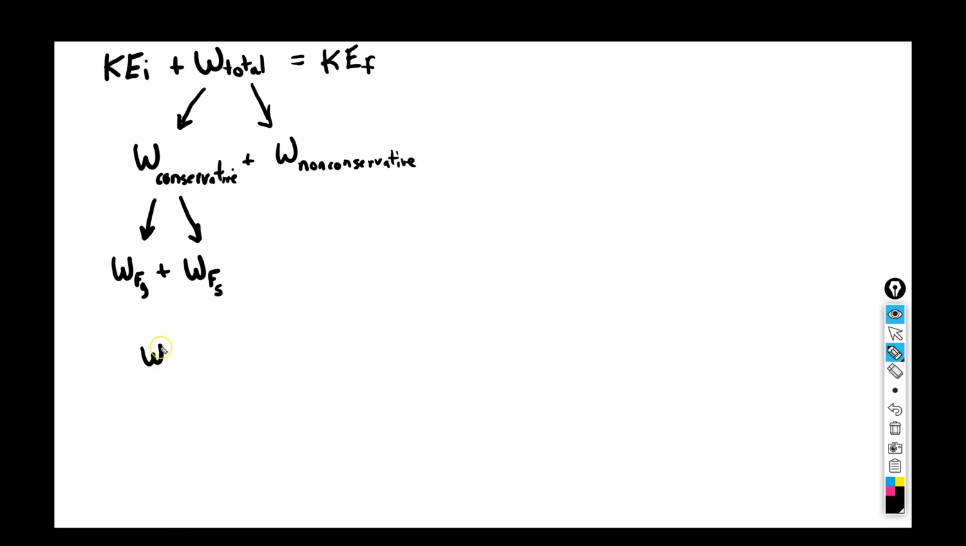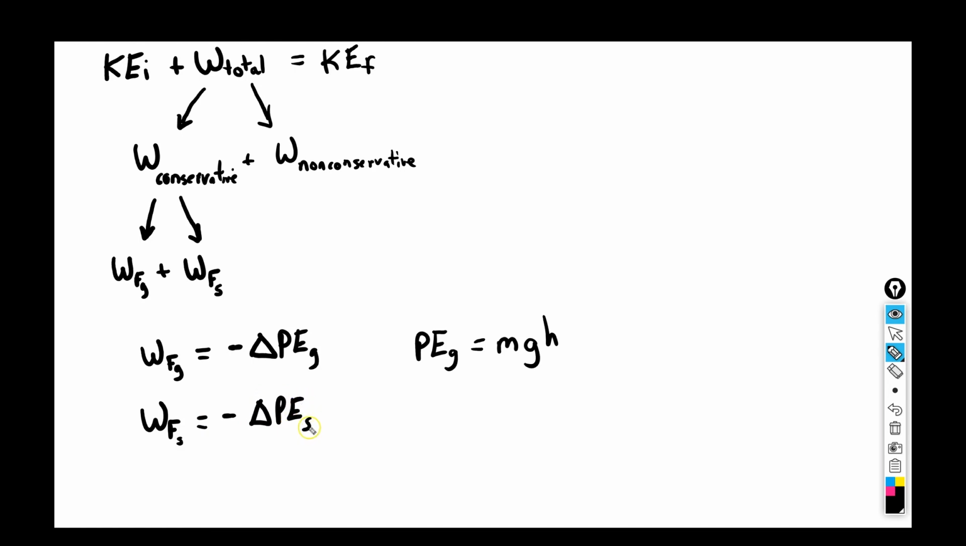Now, recall, the work done by the force due to gravity turned out to be equal to the negative change in the potential energy due to gravity, where the potential energy due to gravity equals mgh. Similarly, the work done by the spring force is equal to the negative change in the potential energy stored in the spring, where the potential energy stored in the spring is equal to 1/2 kx squared. So if we make those substitutions into our original equation right here, we end up with